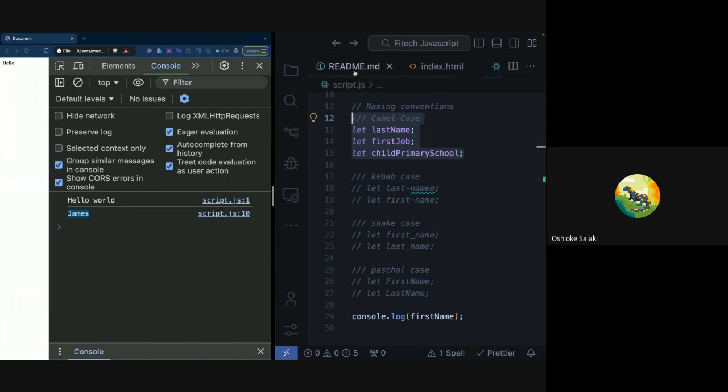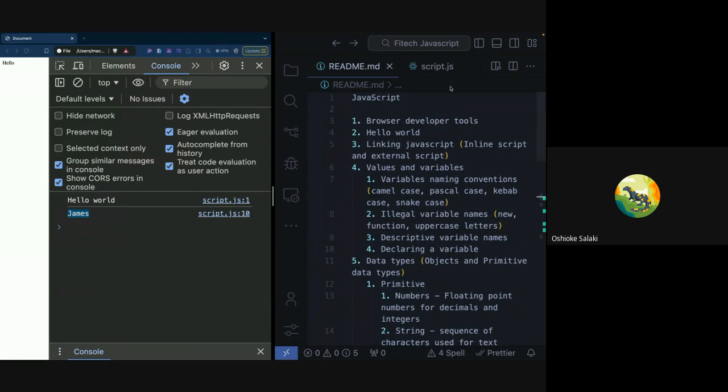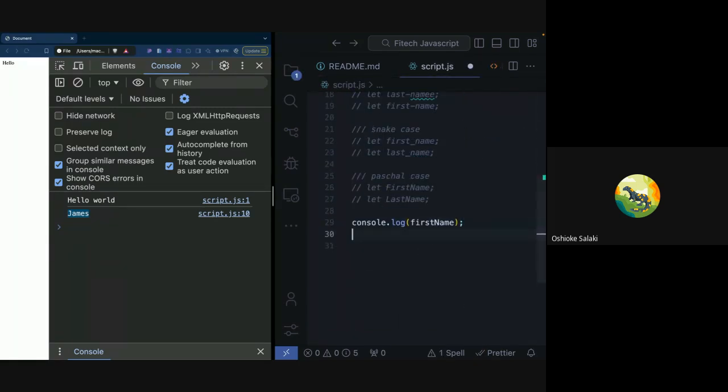Okay, so the next thing that we are going to be talking about is illegal variable names. For variable names, the best thing to do is that you need to make your variable names as descriptive as possible. Don't make them very vague. You should try and make them as descriptive as you can. So for example, instead of just writing something like, let's say, something like